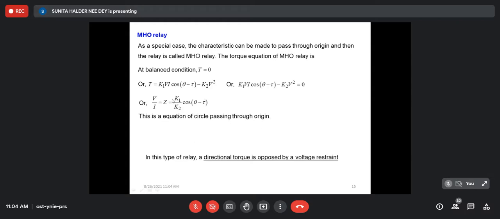So this will be a circle passing through the origin. That is the mathematical part. Another is, for this circuit, the admittance will be constant. It will monitor the admittance of the system. Under operating zone, ZR will be less than this one. Otherwise, ZR is more than that.